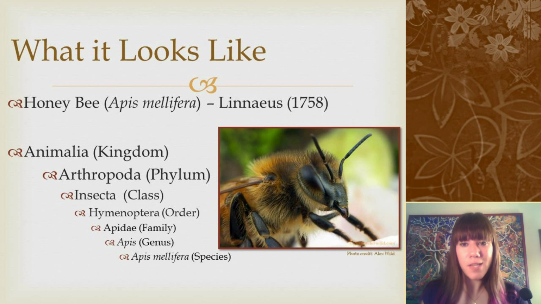Here is a pretty typical example of a taxonomic classification of an organism. So we're going to start with the honeybee, or Apis mellifera, and its scientific name was coined by Linnaeus in 1758. Most of the times when you have a scientific name, you'll have whoever named it and the year that it was named. And we'll get into this a little bit later, but sometimes you get multiple names because